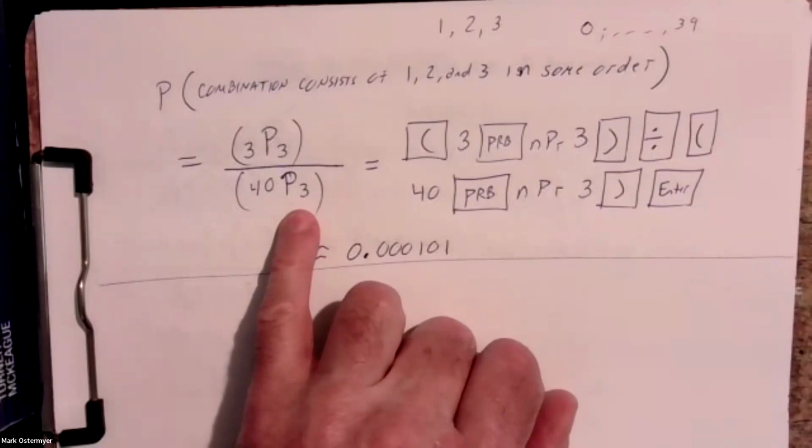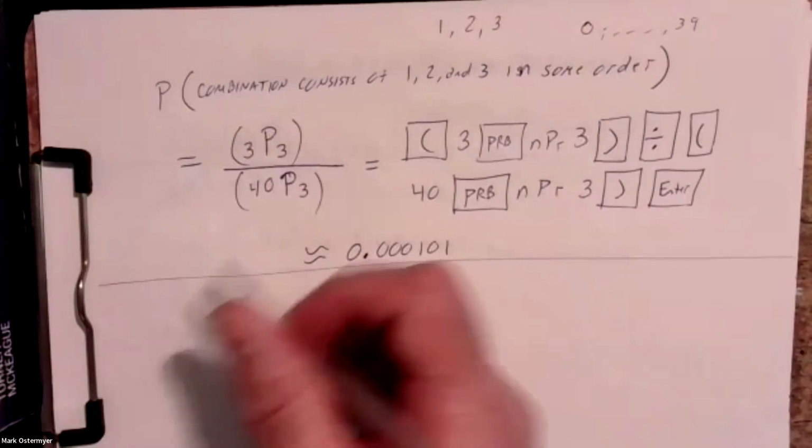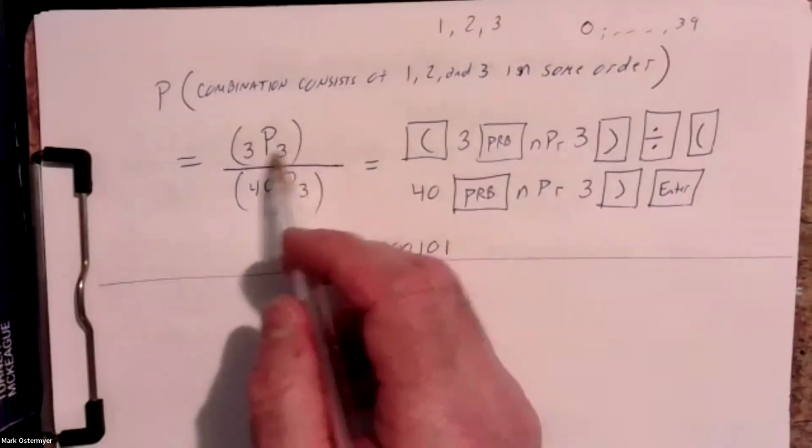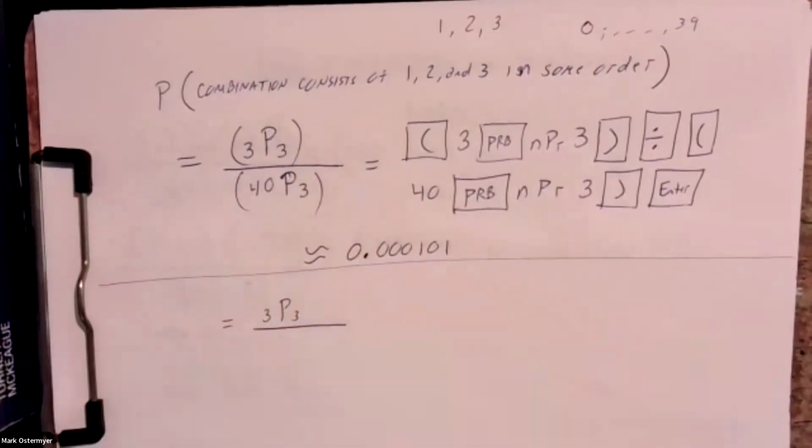So what if repeats are possible? How is that going to change the probability? Well, it's not going to change the numerator because we're still trying to enumerate the number of different ways of getting the combination of 1, 2, 3 in some specific order. So the numerator still is going to be 3 permuted 3 ways. But now the denominator, ladies and gentlemen, is,